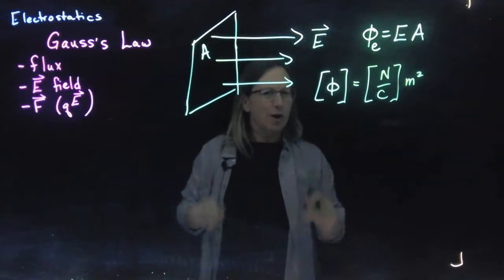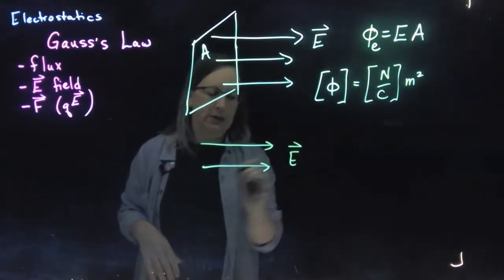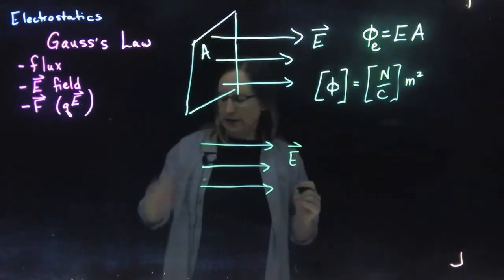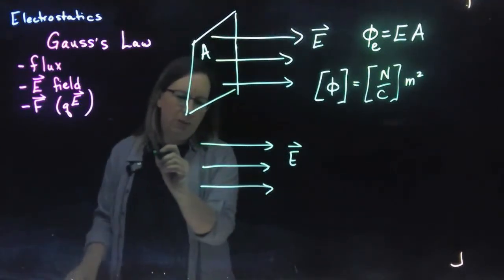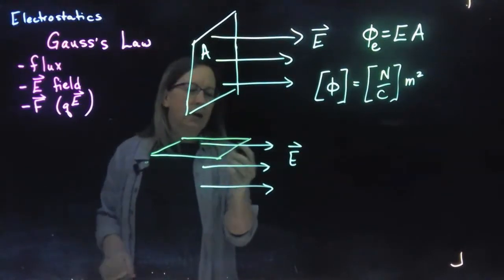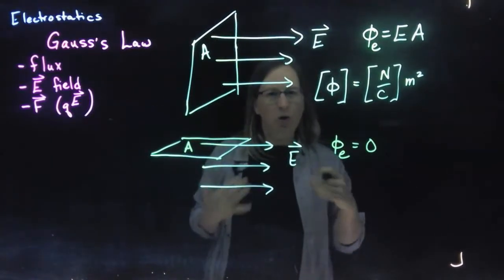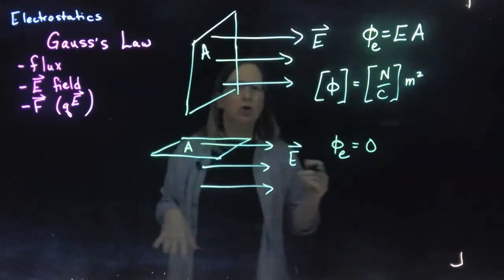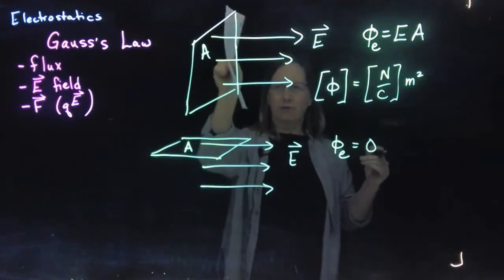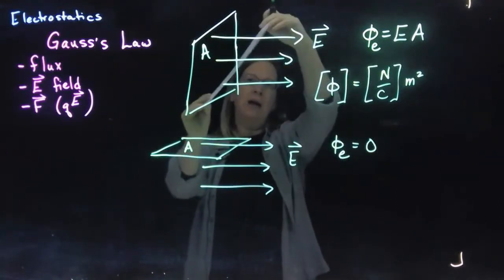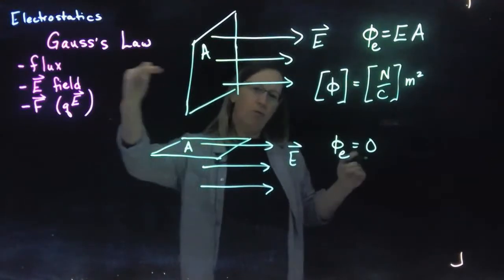Well, before we get too far down the road of what it means, let me point out that I can take this same electric field that points like this, and instead of having my sheet of paper, for example, in this direction, I can take my sheet of paper and put it edge on. Here's my sheet of paper sort of like this. Now the flux is equal to 0 because there's no electric field going through the paper. So you can think of it as electric field going through the paper. So now I have to deal with the orientation. You can imagine if my sheet of paper, instead of straight like this, is tilted at an angle,